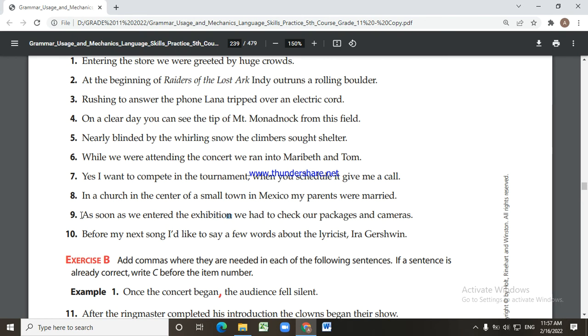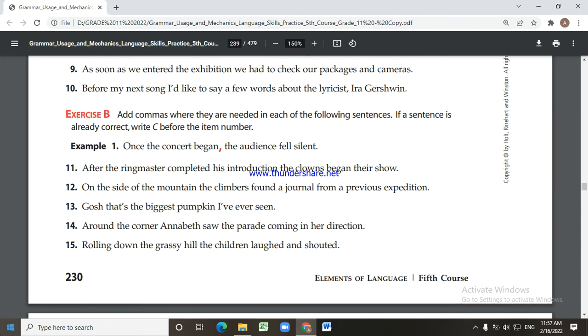We have a subordinate clause here, okay, which is followed by a comma after the word exemption. And in number 10, it's correct. Number 10 is correct. Okay, guys,